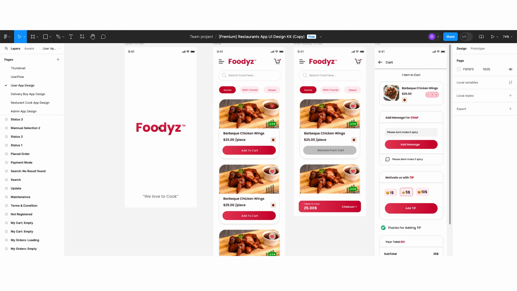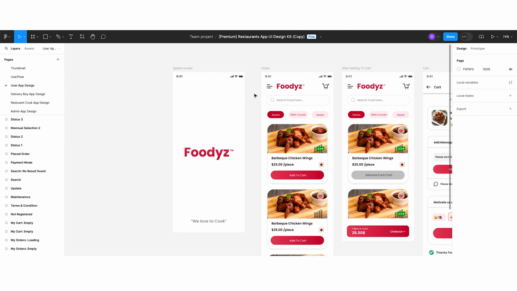Let's understand how I did the UI design. This is how our splash screen looks. So this is the restaurant app, so that's why I've selected a light theme. If you want to go with the dark theme, then I would suggest you don't do this. If you are creating a video streaming application, then you should go with the dark theme. If you are creating an application for education, food delivery, or a restaurant, then you should consider going with the light theme. So that's why I've selected the light theme, and the white background over here, red color as our primary color. Okay, and then this is how our screen looks